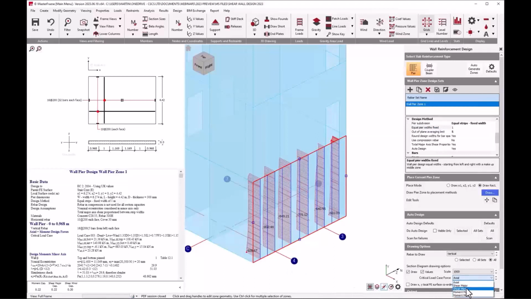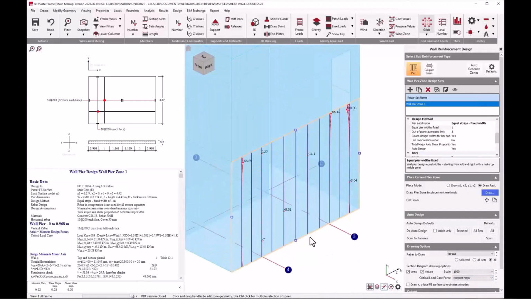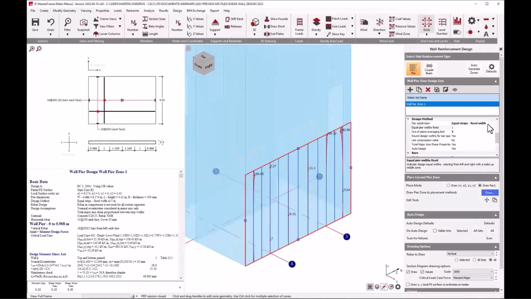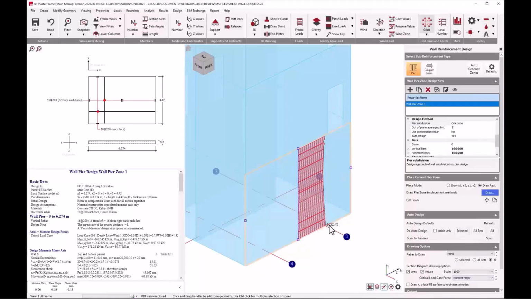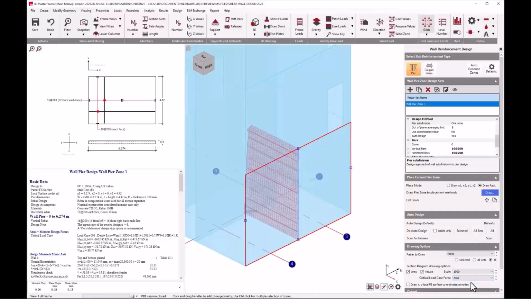We can see how that comes out, and we can see the various design forces in each of those strips in terms of axial, major and minor moment, major and minor shear. We have other design methods, such as equal number of strips, but we also have a one zone design, which takes everything as one zone. That wouldn't really be appropriate for this, but it's useful to see the major moment in this one zone design, 1600 kilonewton meter moment, and then the one zone getting about 3,200